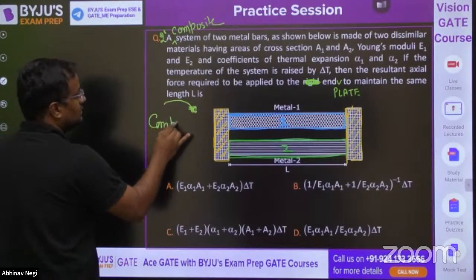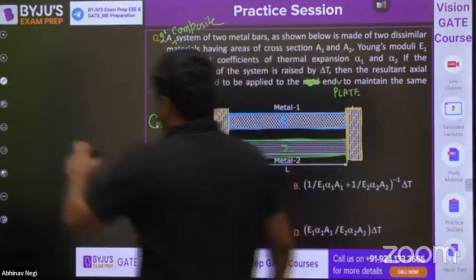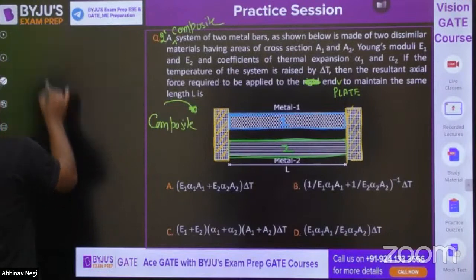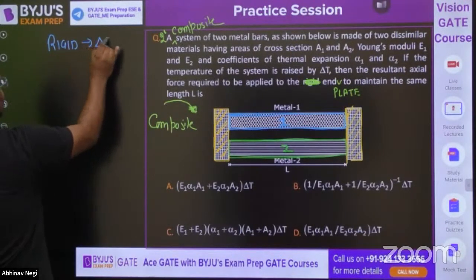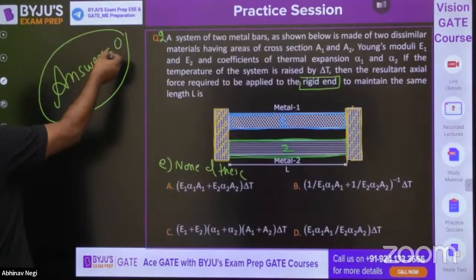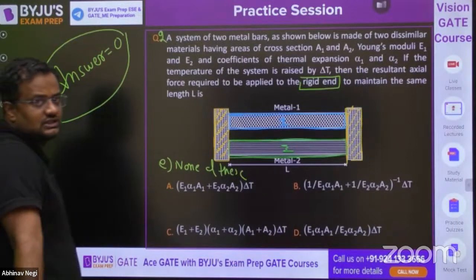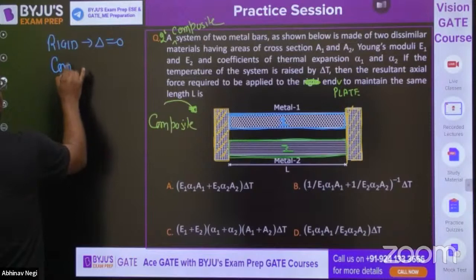What is the difference between composite and rigid? If rigid support is mentioned at the two ends, then delta is equal to 0. So here you don't have to apply any force, itself it will be 0, the same length without any force. Now if it is composite,